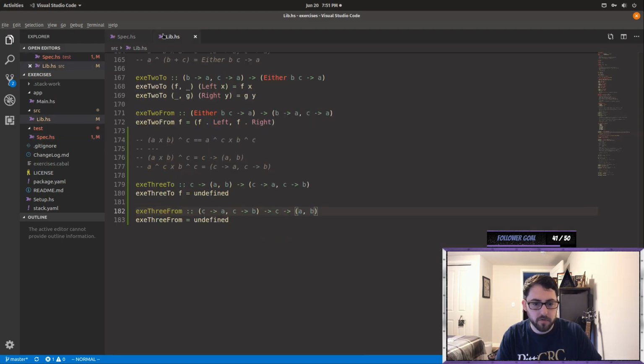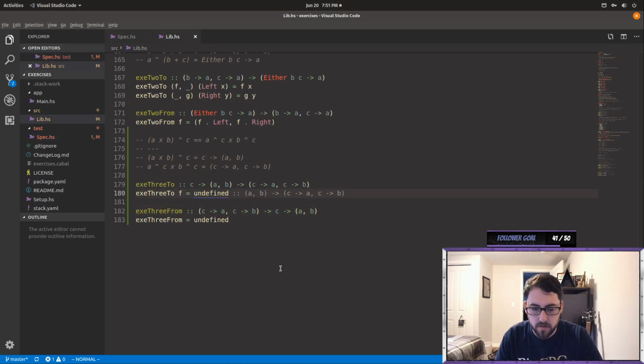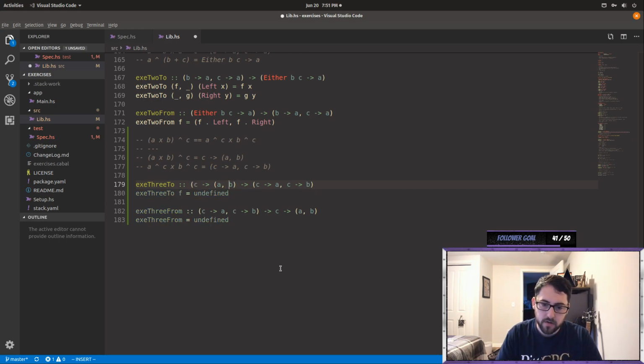Well, wait, I'm confused. Why does it put the parentheses in there? Maybe not. I think I have to do something with fmap here, but I'm trying to figure out what. Because fmap is just composition, right? So if I just compose first with f,